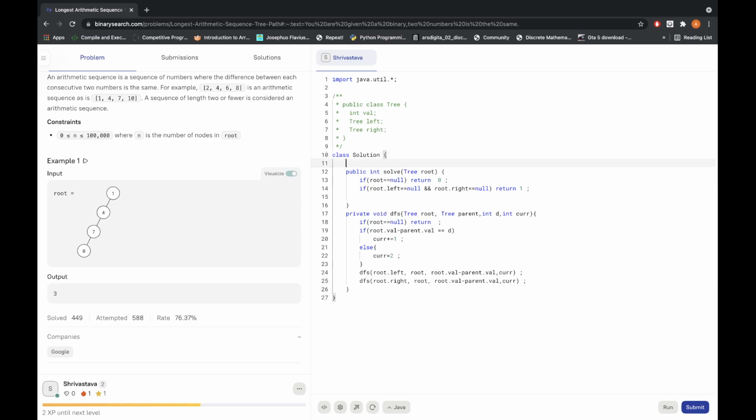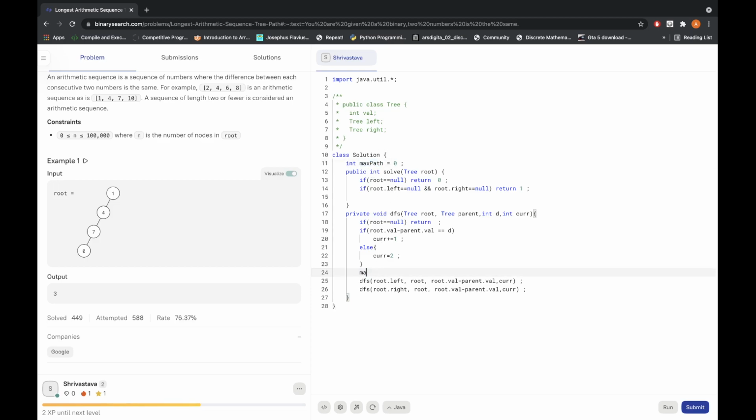So let me have a global variable. Let's call it int max path, and let's initialize it to 1. Because the minimum that we can have is 1, right? And the minimum of 2 we have already handled here, so we can start our max path equal to 1, or for that sake we can even keep it 0 if you want to include that. So what we have to actually do, as soon as we have updated our current, we'll try to maximize our max path.